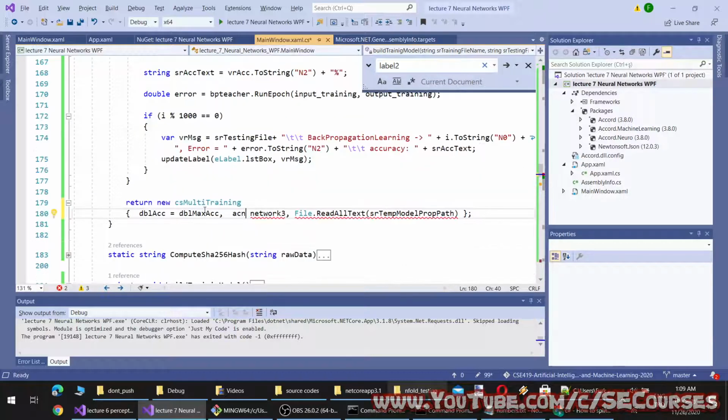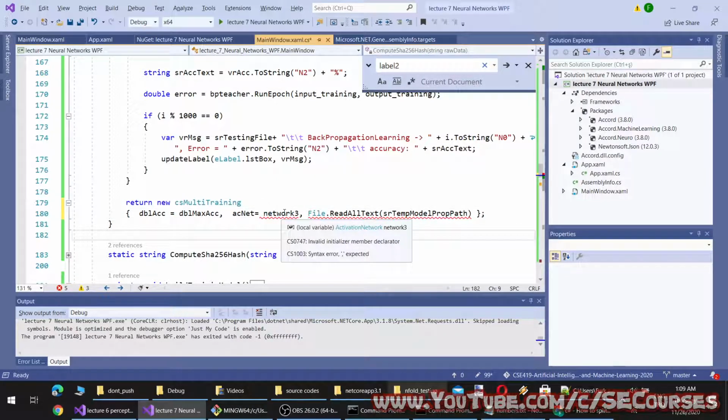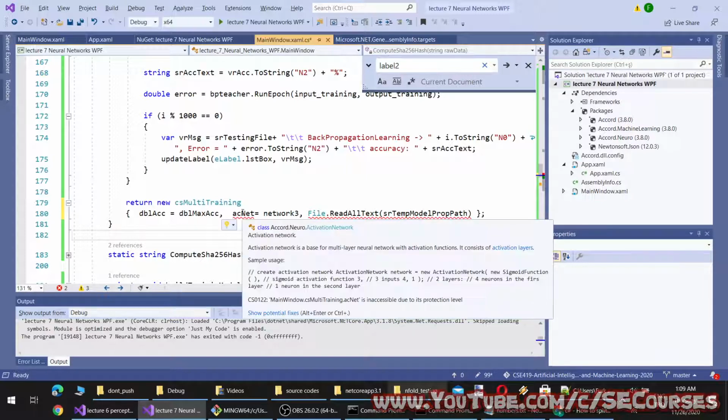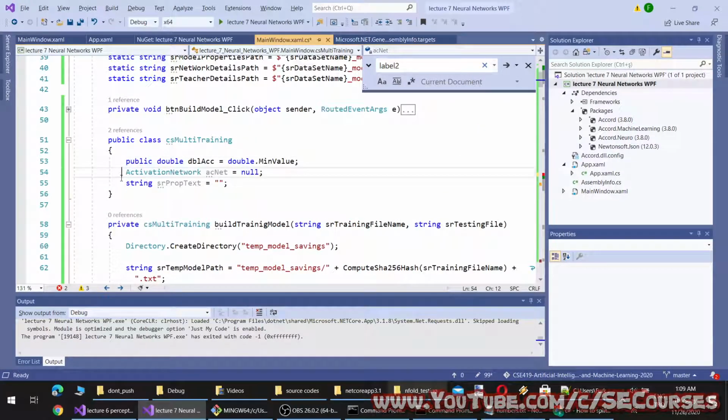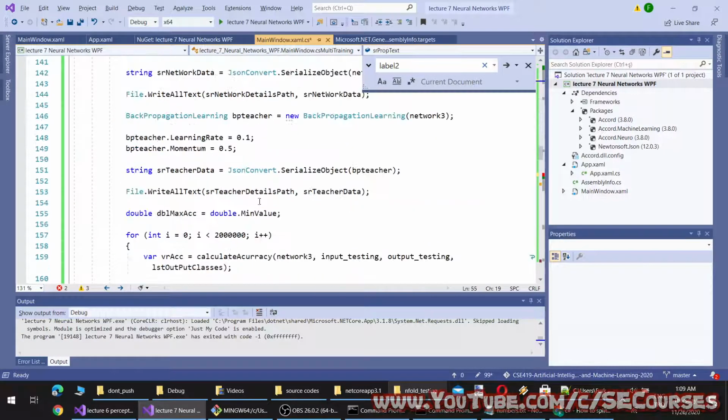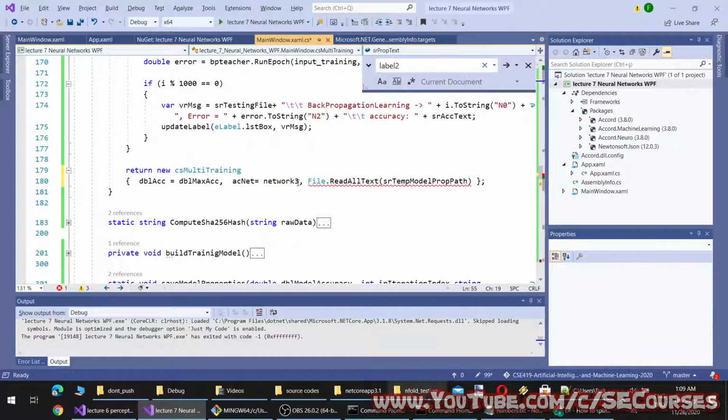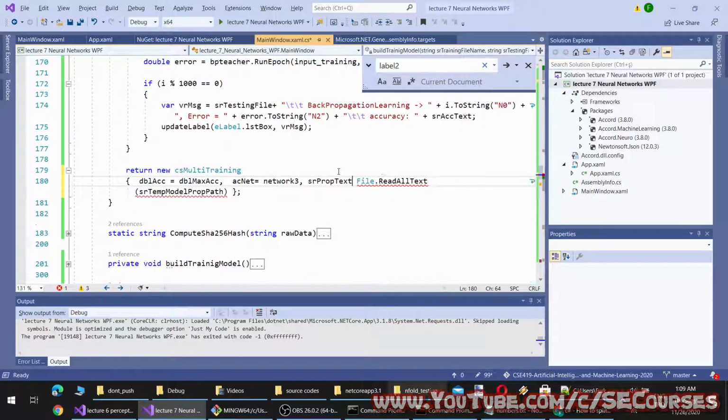IGNet. Why is it not appearing? Oh, we didn't set them public, that is why. Okay, and prop text will be this.